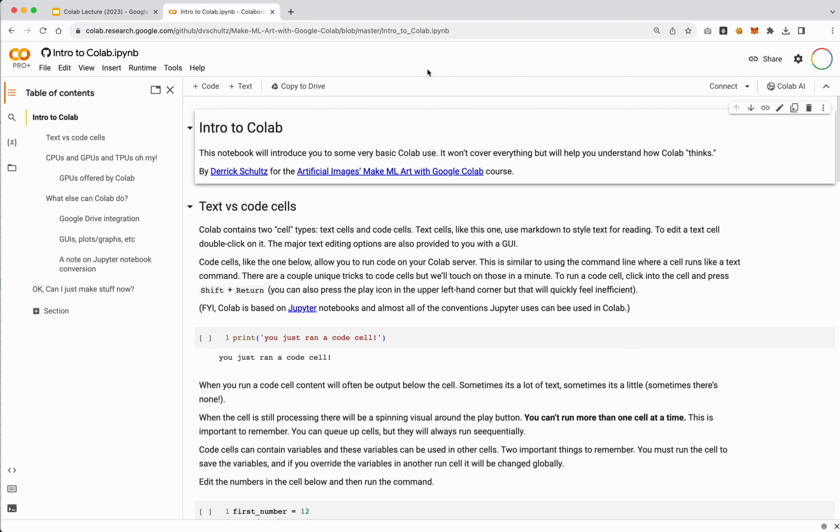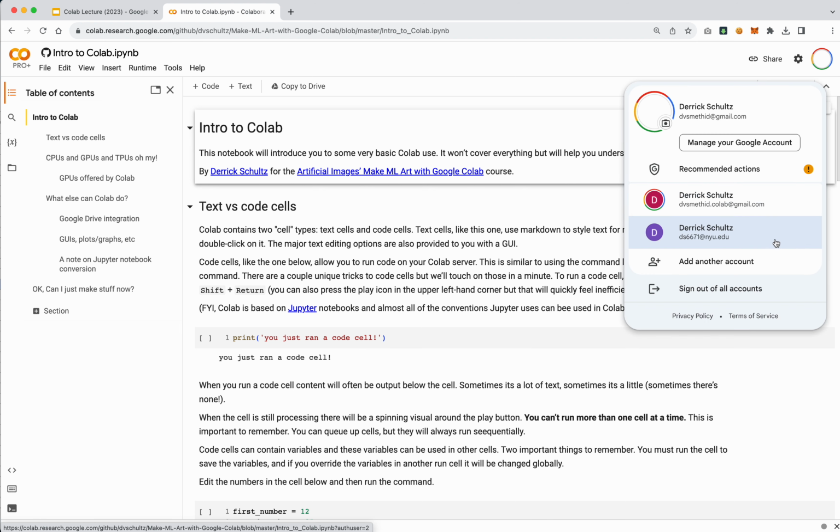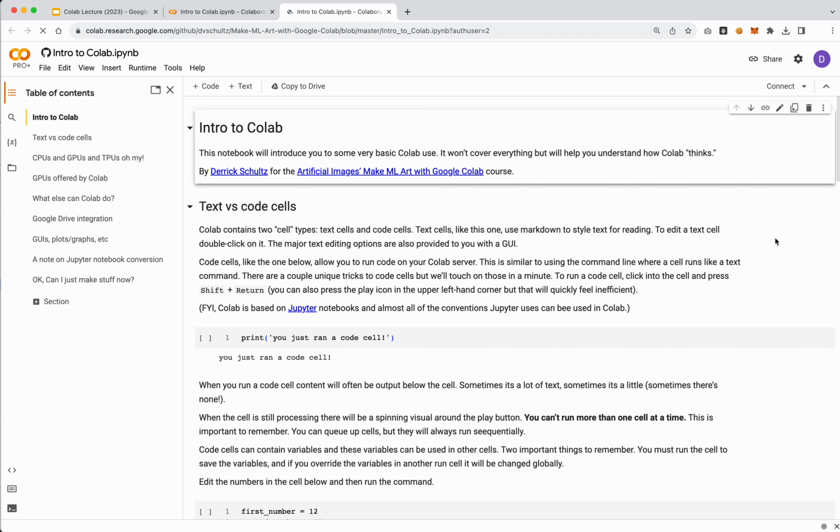Now, I personally have a couple different Colab accounts. If you have multiple Google accounts, you'll probably want to make sure that you're paying for Colab on the same account that you have the largest drive space on, or that you're paying for drive space on the same account that you've subscribed to Colab from. Very confusing. Just know that if you have multiple Google accounts, make sure everything's being paid through one of the accounts. In my case, I'm going to use my NYU account because I don't have to pay for Drive account space on there. Thank you, NYU. On my other ones, I have paid in the past as well.